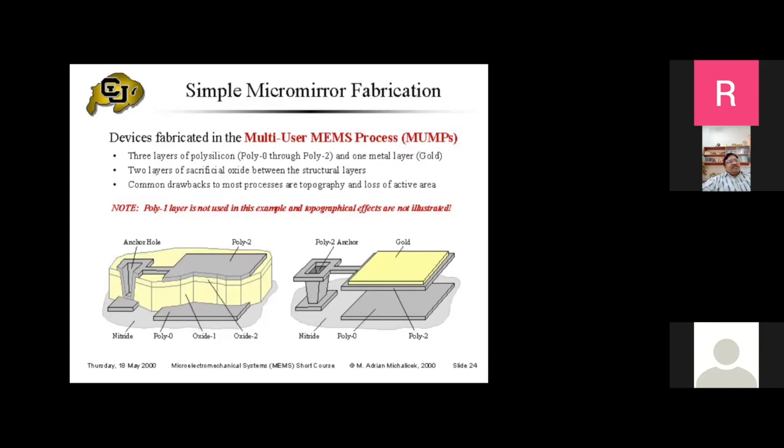There are a lot of mirror structures, like torsional mirrors and so on and so forth. These all can be fabricated with the MEMS type of process. This is just an example. Also, you see this sacrificial layer, that yellowish one in between, is an oxide layer. Similarly, on top of the mirror, the poly 2 layer also has gold coated. So the mechanical properties will depend on the poly, whereas the optical properties will depend on the reflection properties of this gold. Let us go to another slide.